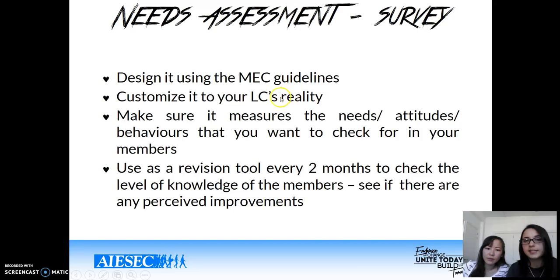And the needs assessment: follow these guidelines when you design your needs assessment. What I'm going to tell you is that you don't need the needs assessment in the beginning right now because you have new members. You already have the MEC as a guideline to develop the beginning. But after Maxis, and we're going to get to that later, you're going to need to check the current level of knowledge of your members. So you're going to need to assess what their current levels in education are. Okay, so make sure you follow these steps.